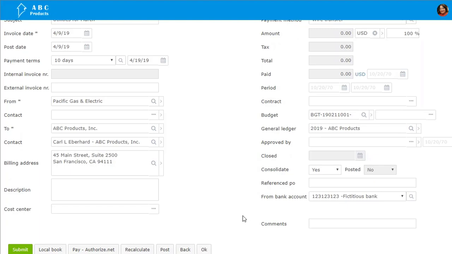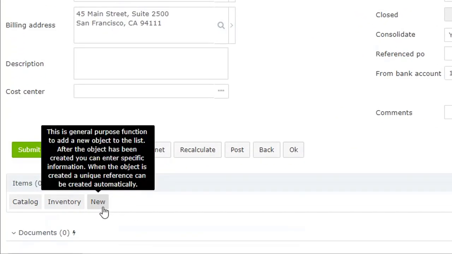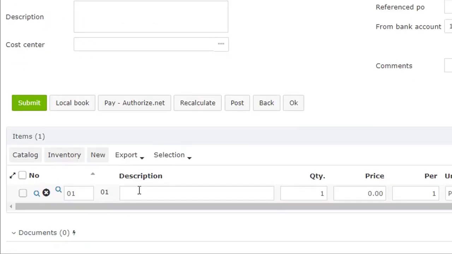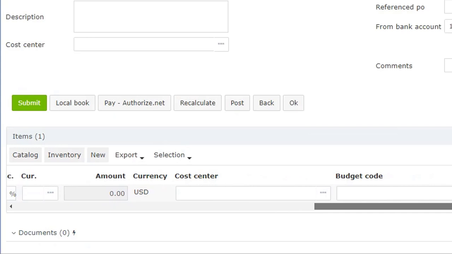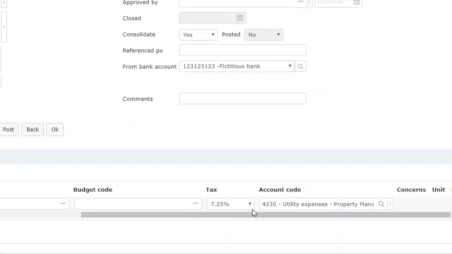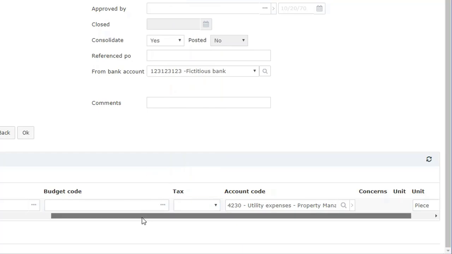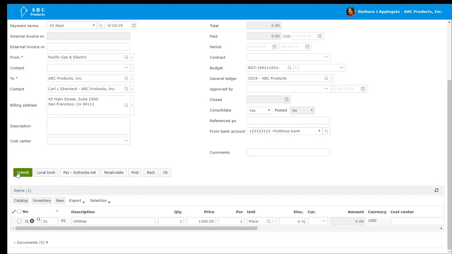Okay, let's scroll down, and here you can see the line items. The line items are empty right now. Just say new line item, and that would open up a new line and say utilities. We start coding this and say 1300, and we can continue on and pick an account code. It automatically picked up the account code for this vendor. The taxes, let's blank out the taxes because taxes are included in there, and we're ready to submit this. So we just say submit,